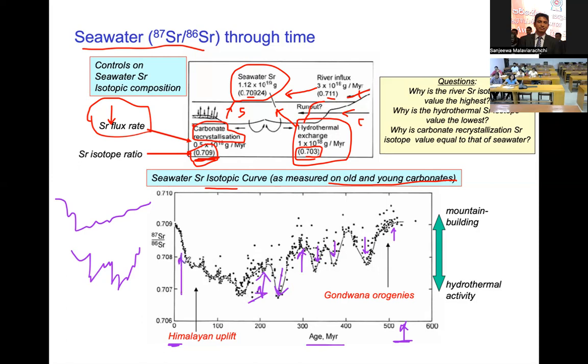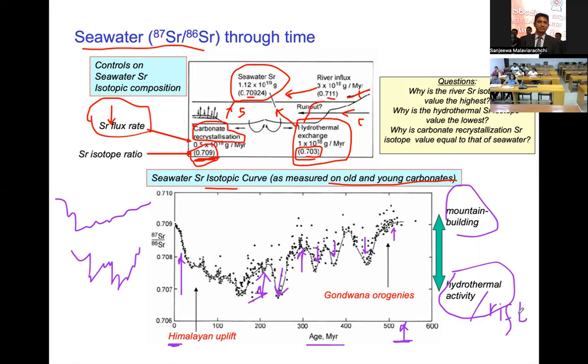So these fluctuations are a result of some kind of activities. Broadly, they can be related with mountain building processes and hydrothermal activities, or you can write another thing as rifting processes,